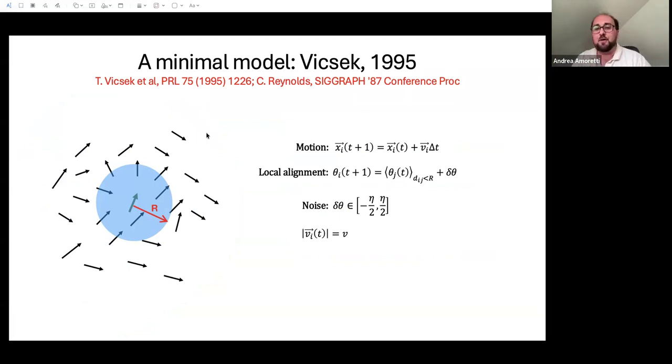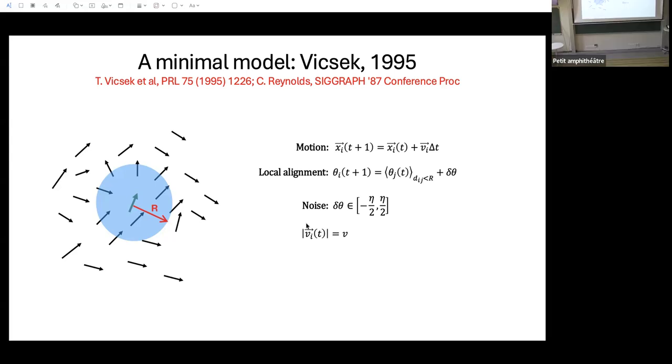This is in essence similar to what you do in the Ising model, but in contrast to the Ising model, in this case the particles are moving, and you update at each time step the position of the boids by just the standard velocity rule. The velocity of each boid is at each time constant, so the modulus is just equal to v, and the angle, so the direction of the velocity, depends on an alignment force which depends on the nearest neighbors.